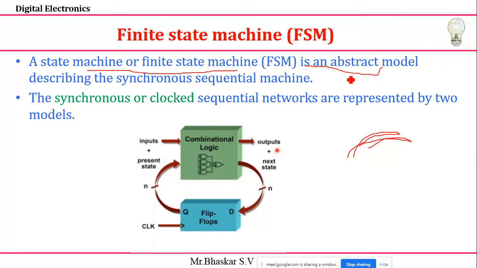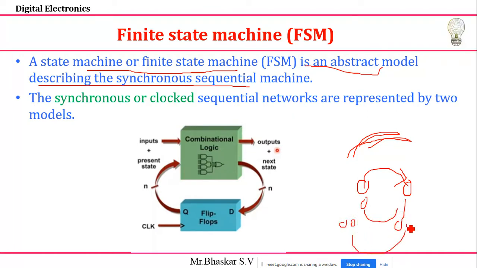It is an abstract model of describing your synchronous sequential circuit. It's a technical word, that's all. So what is happening from the present state to the next state? Now to represent it, we are going to represent the states in terms of finite values. Finite means, for example, 0 to 1, a value representation, or 0 0 state to 0 1 state it is moving. In this way also I can take, or one state to a second state I'm moving.